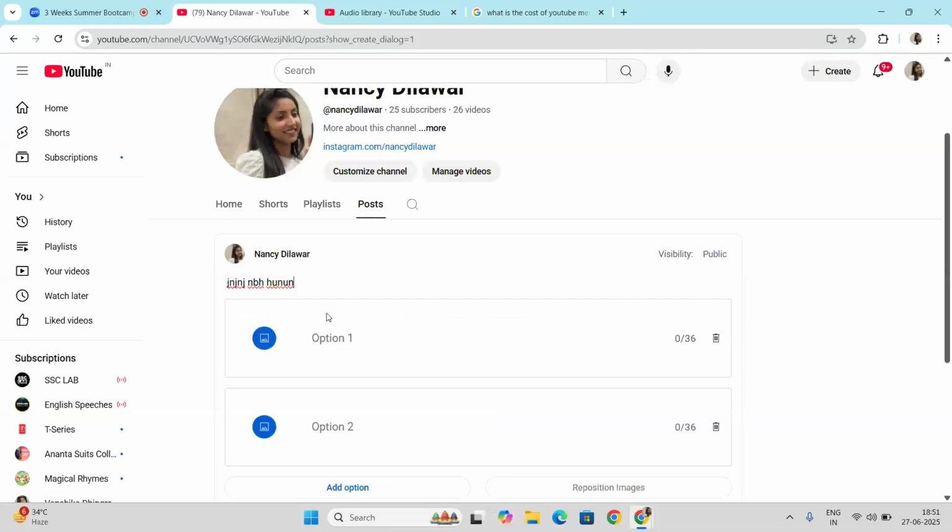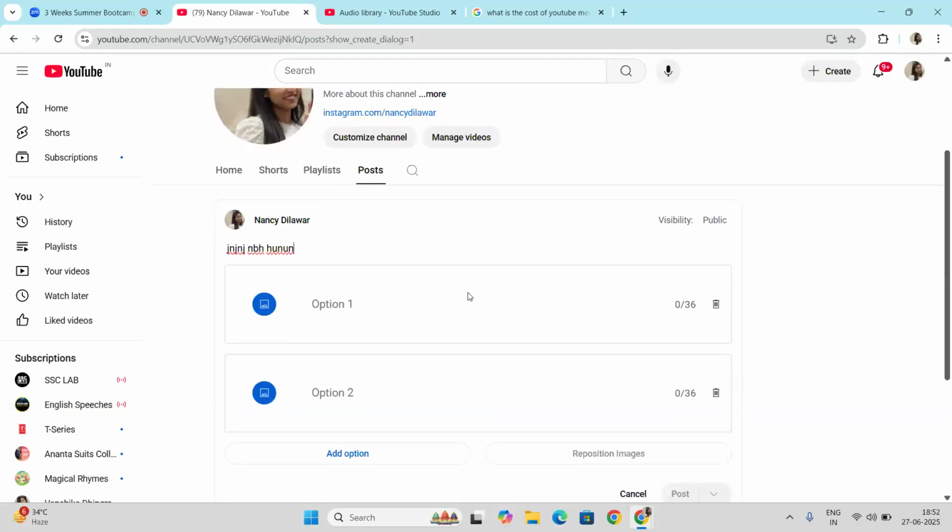And this is how you can upload your image and write the captions. The second option we have is image poll, which means you have 2 images. Just take an example: previously I have my product, that is XYZ face wash, and I just want to promote XYZ face wash.